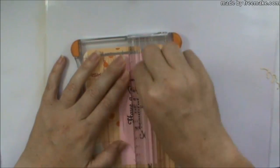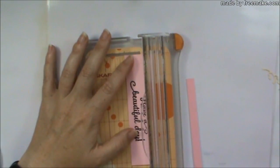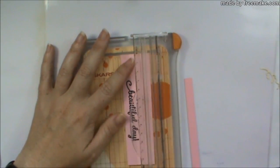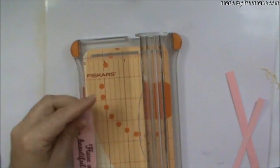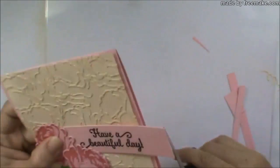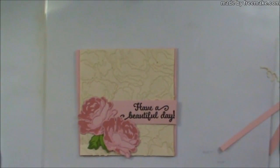Trim down the panel to fit nicely on the card around with the roses. So once it's stuck down, I just cut off that little excess that was hanging over. We're all done